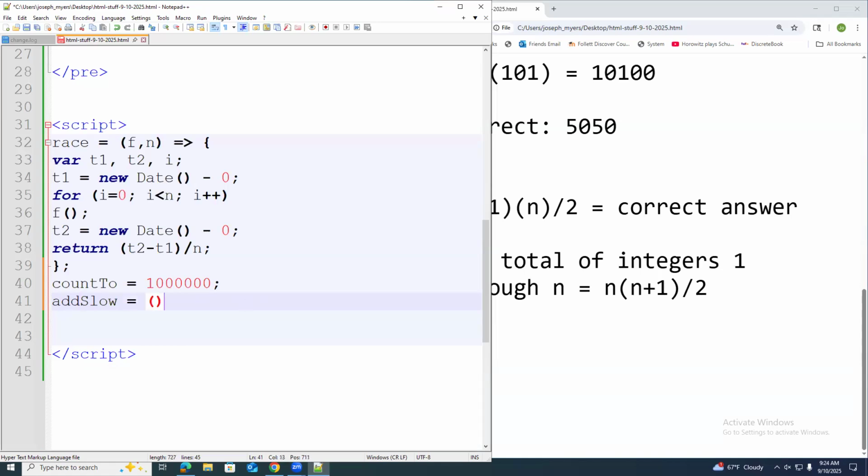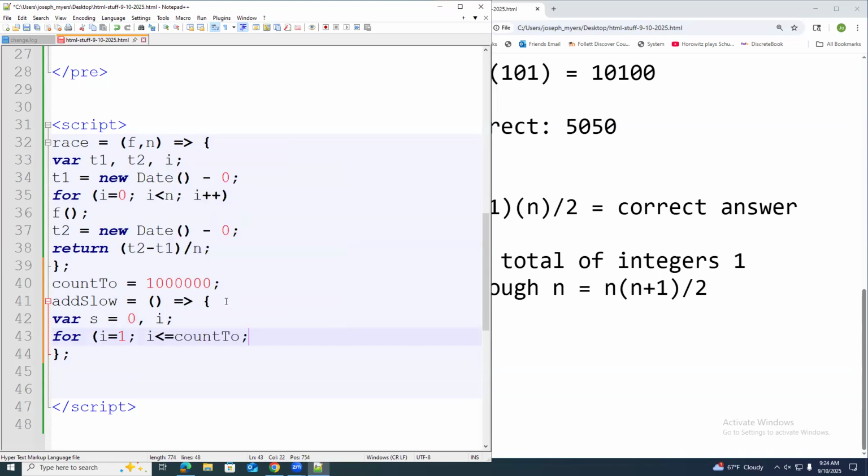And it's going to equal an arrow function that doesn't accept any inputs. It's just going to run a block of code that simply declares a variable called s for summation that starts at 0, a variable called I that will be used to increment the loop. And then it's going to run a loop that starts from I equals 1, goes less than or equal to the variable count2, and then increments once each time. And it takes the value of I